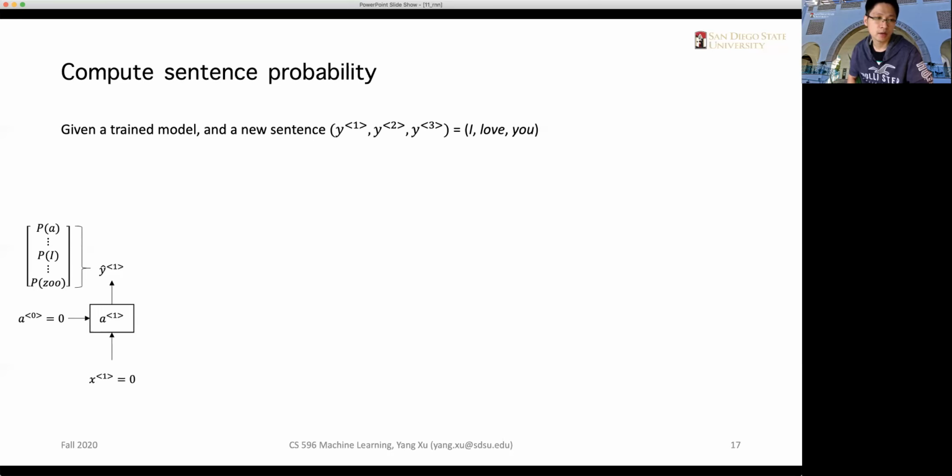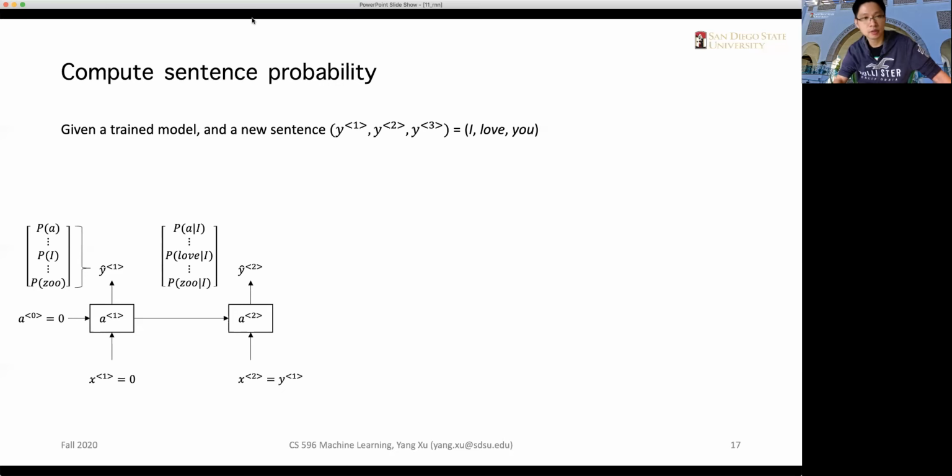These probabilities contain the probabilities for all the words in the vocabulary, in which we can find the word I. So among the prediction of the first time step, we can always find the word I,